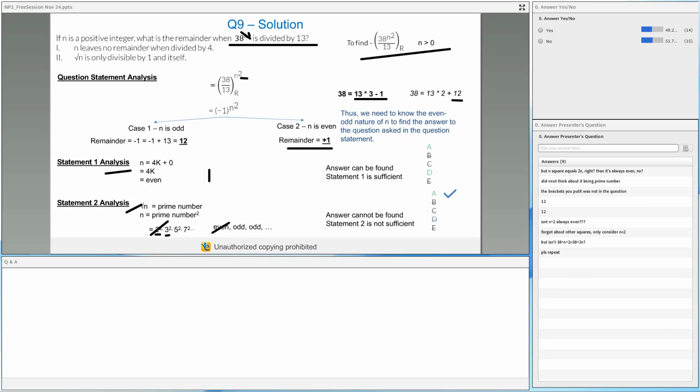So those of you who are thinking 2 into n, you are not understanding the powers properly. So you need to go and look at the exponent concept file. I hope this clears the majority of the doubts. I can understand where this mistake came from. Okay. N square is not equal to 2n. N square is equal to n into n. N into n gives you n square. N into n does not give you 2 into n. Think about it. 5 into 5 will give you 5 square, 25. 5 into 5 does not give you 2 into 5, 10. So I hope you understand this difference. 5 square is 25. 5 square is not 2 into 5, 10. Okay.